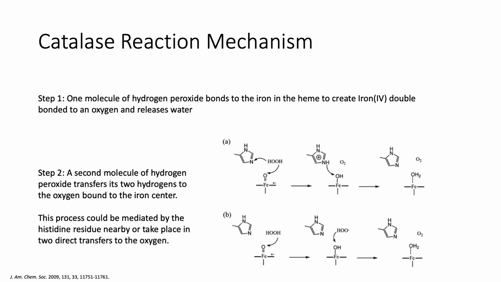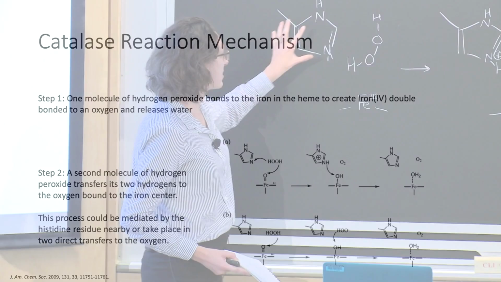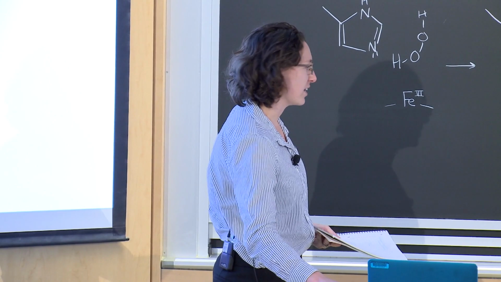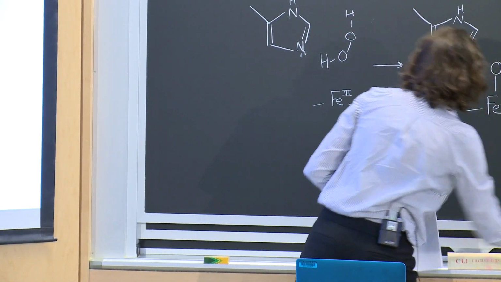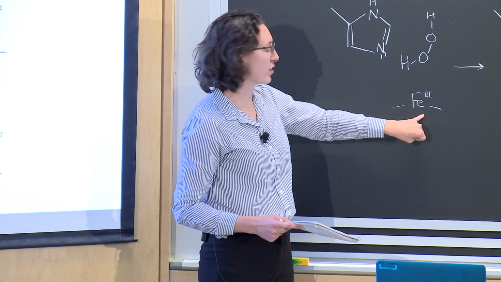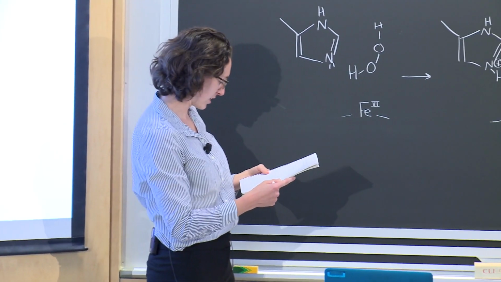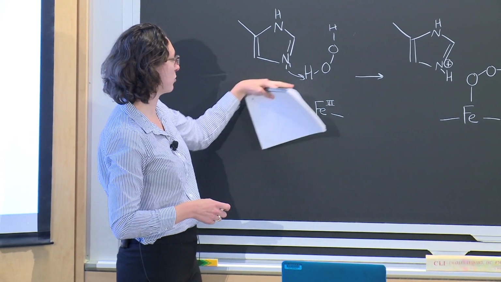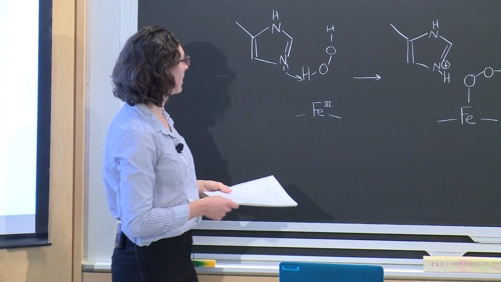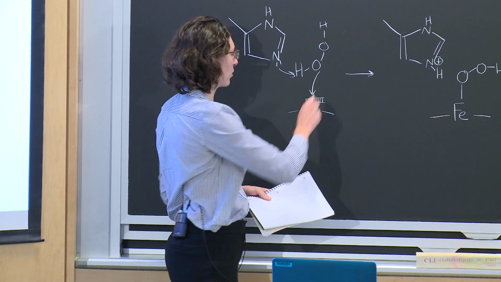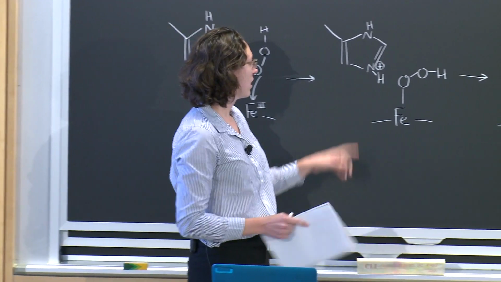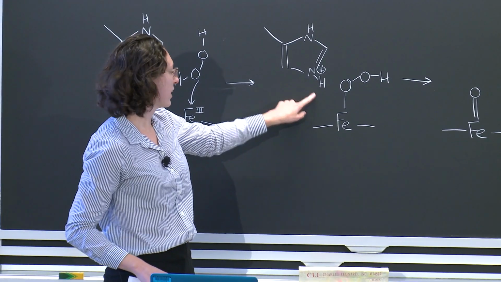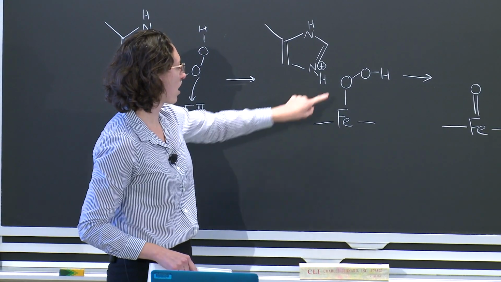If we want to take a moment and look at the actual mechanism for the reaction of hydrogen peroxide with catalase, this is a very pared down version of the catalase activation site. So there is a histidine residue here. You have your iron center and your heme, and then when hydrogen peroxide comes in, the first step is that those electrons can remove one of the hydrogens from the hydrogen peroxide, and then this oxygen will bind to your metal center. So then you have your histidine now that is protonated, you have your oxygen bound to your metal center,